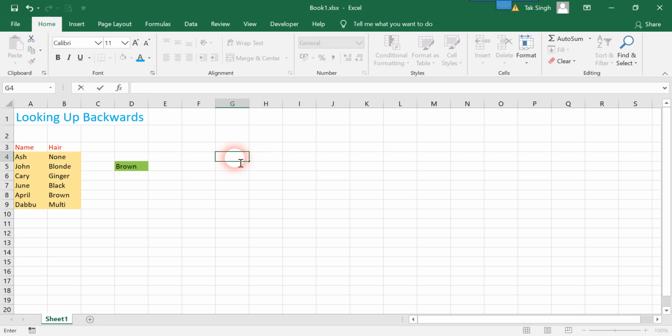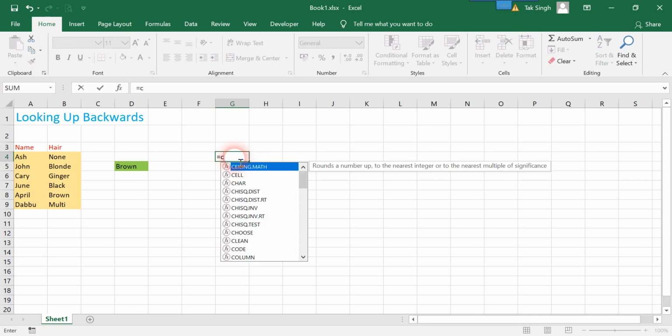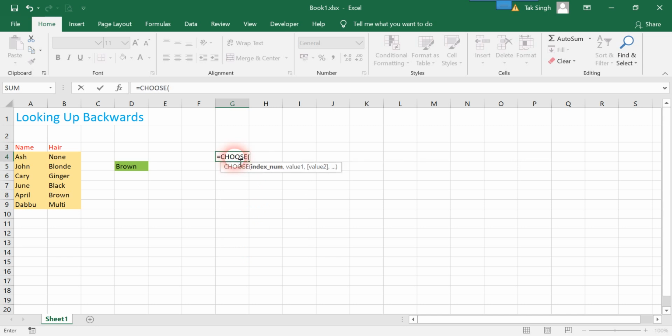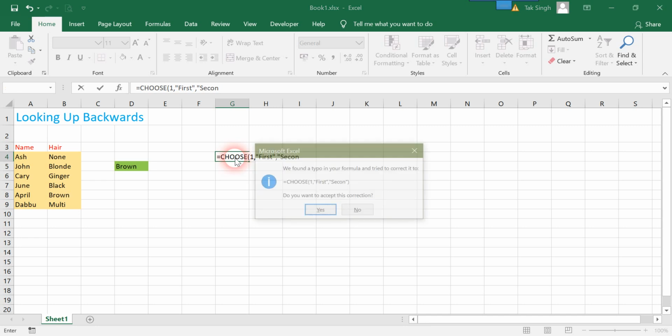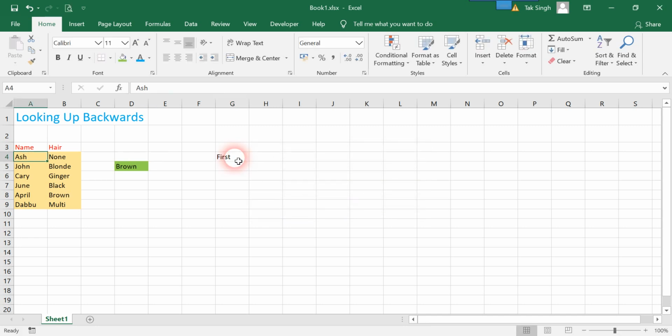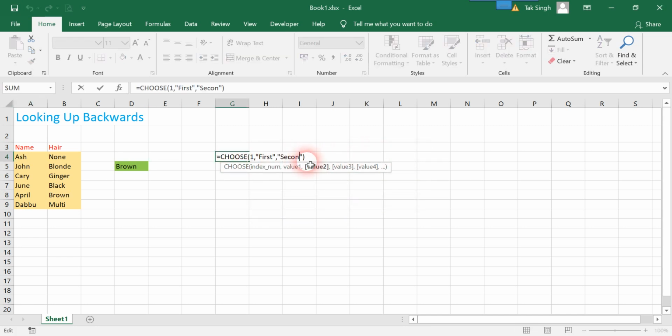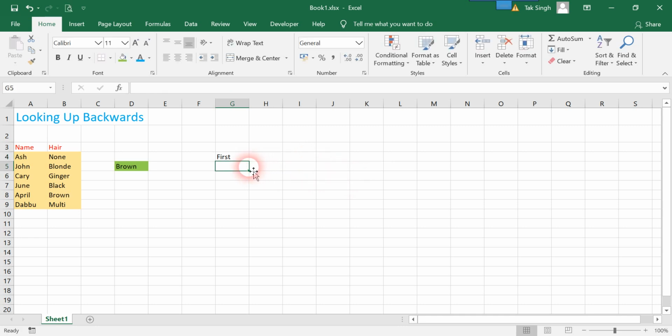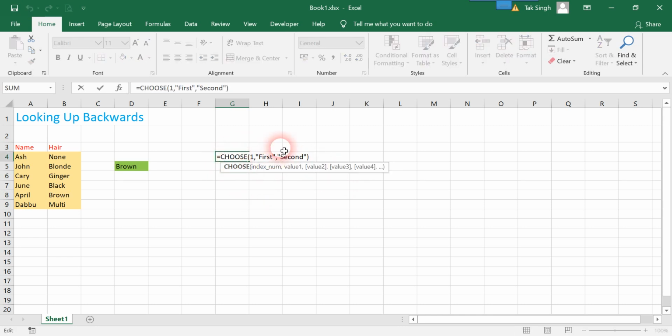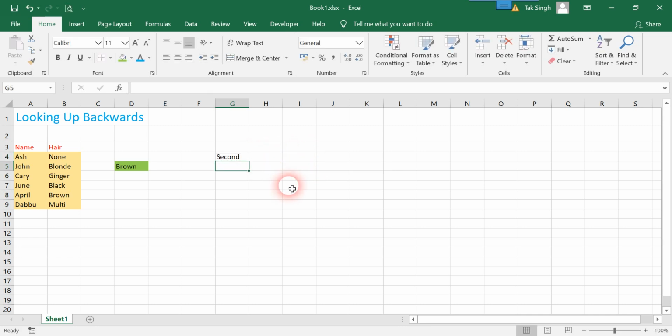Say equal to CHOOSE, and there's the function, index number say 1, and first comma second. So what we got here is first as the return output. If I change this to 2, what I get is second.